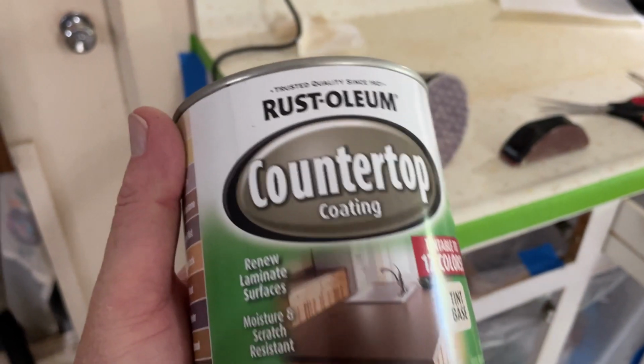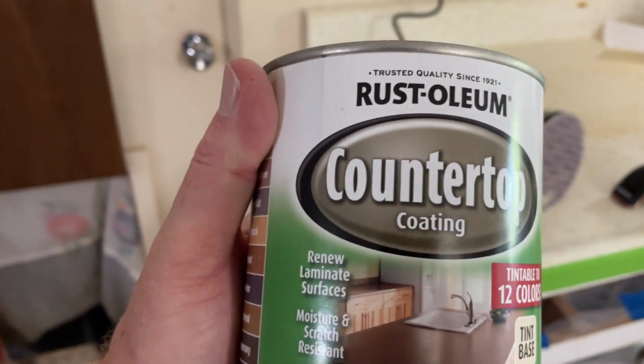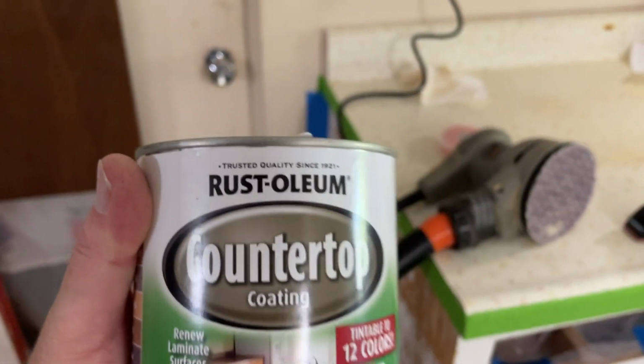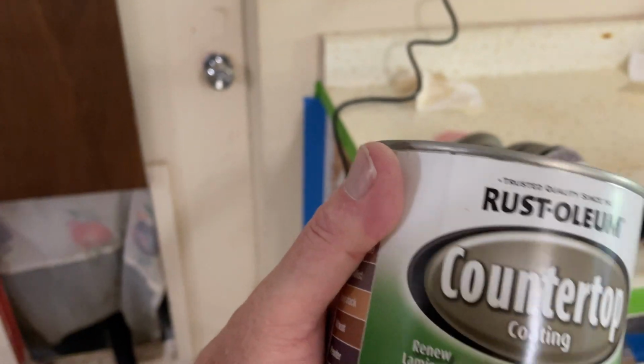But this got mixed reviews. Some people had a great experience with it, and primarily those people used a bonding primer first, let that completely dry, and then did 2 or 3 coats, and that's on the countertop, 2 or 3 coats. It's in this light